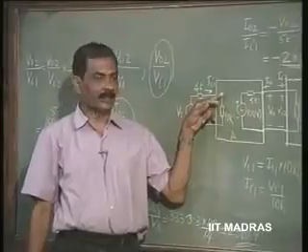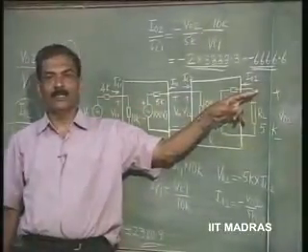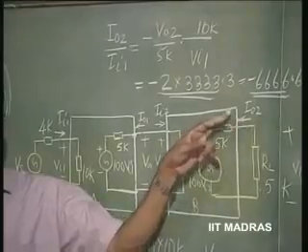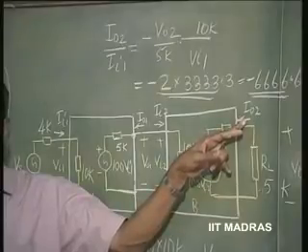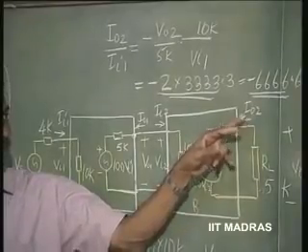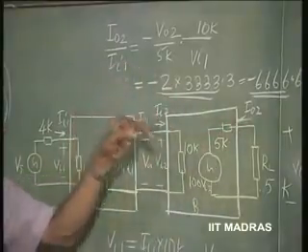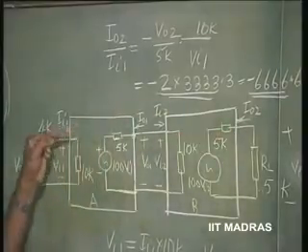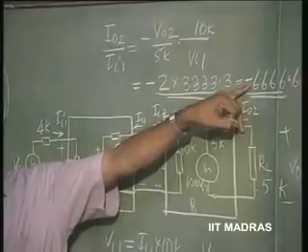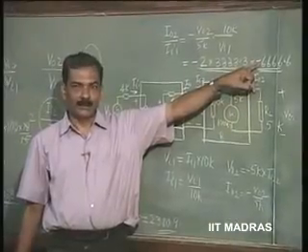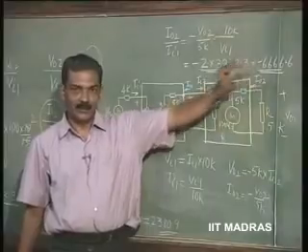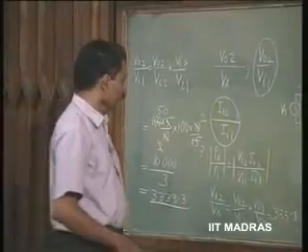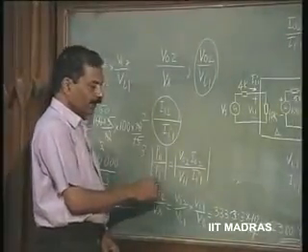Ii1 is going in and I naught 2 has been assumed to be going in. So, actual current flow is opposite to that of what I have assumed. That is the meaning of negative sign. That means I naught 2, if it is this sign, the actual current is going to flow in the opposite direction. Therefore, I naught 2 and Ii1 are actually having a phase difference of 180 degrees or a negative sign. Okay. So, this is the current gain, and therefore, the power gain, which is P naught by Pi, therefore, is